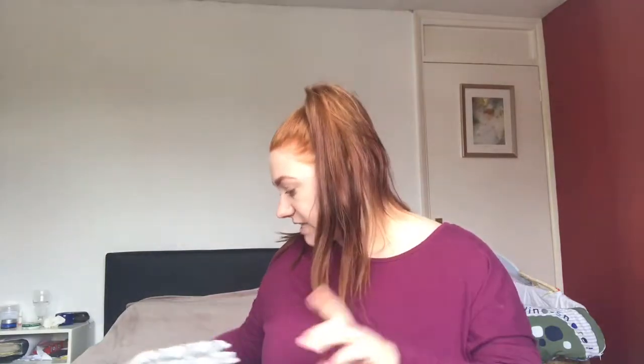Another thing for the feeding is this. This isn't for feeding because I showed you the muslin cloth. This is a changing mat that came with the bag. So again, these are great for just popping on the ground if you're out having a picnic, or as a